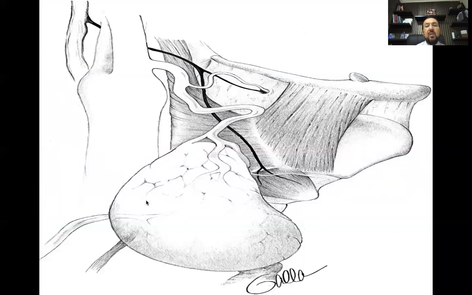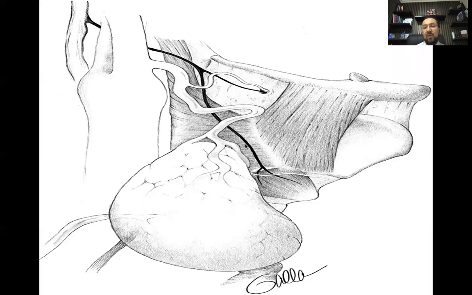Here we can see that this is the thyroid lobe, this is the cricothyroid muscle, this is the carotid sheath, and this is the vagus nerve from which the superior laryngeal nerve arises. This superior laryngeal nerve divides into the internal laryngeal nerve, which goes inside the larynx to be sensory to the interior of the larynx down to the level of the vocal folds, and an external one, known as